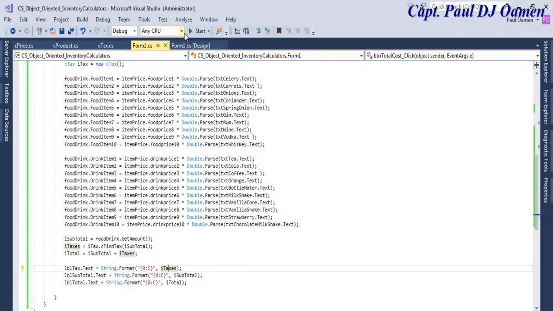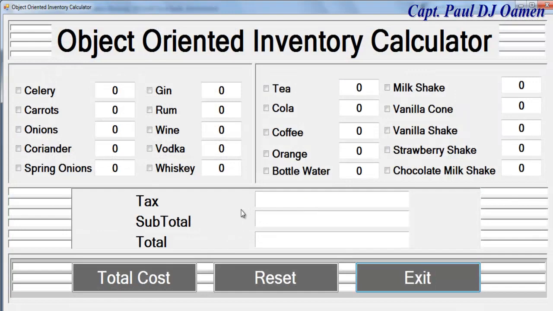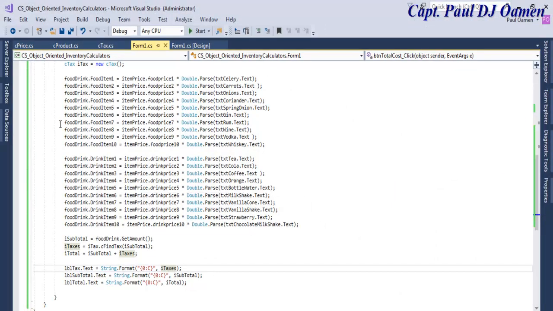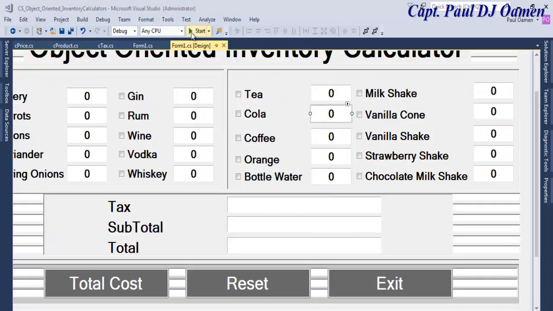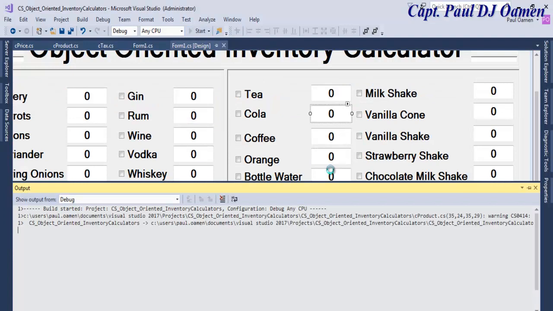Okay, so everything is fine, but there's one big error. I cannot do anything. I have to highlight before I can add a value, so we need to take care of that as well. And the whole idea of this combo box is to enable all of these text boxes. So what we will do first is disable all of these text boxes and enable them with the combo box. Alright, okay, now that the most important bit is taken care of anyway,